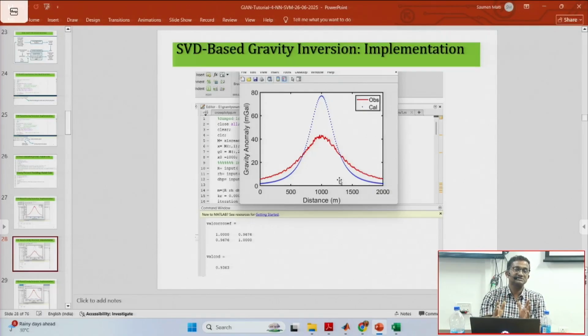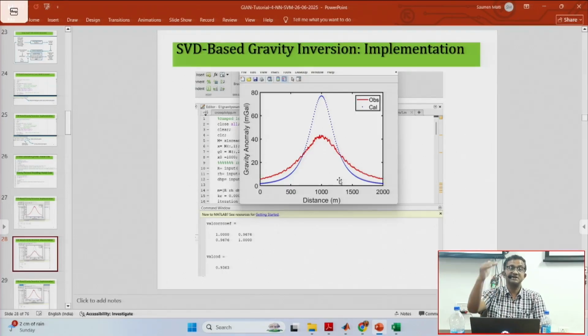So one way is, if a method does not directly give the answer, you go for the magnetic method, or any other geophysical methods, and see what the layer properties are and check the consistency of that. That is one approach. Then for the geological information, you need to bring in